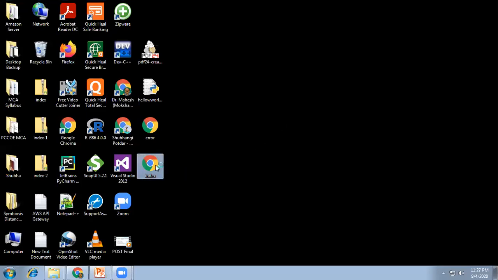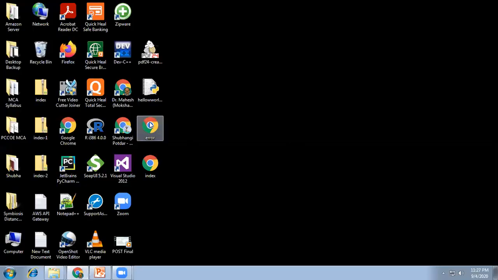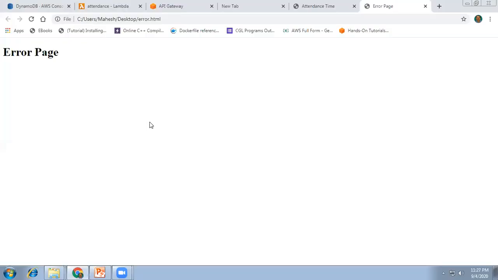Let us execute this file. This is the HTML file display, and the other file is the error file. See the error file display, the error page. So the programs are ready.